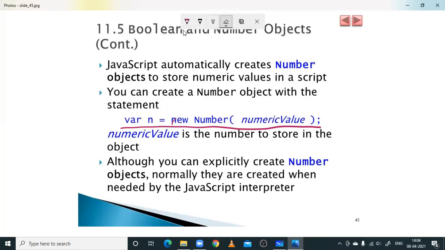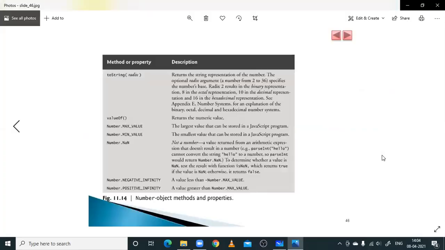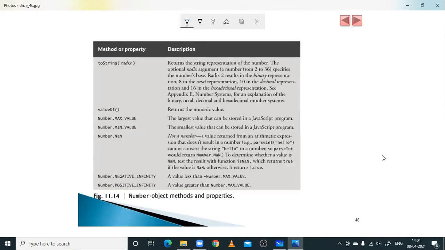Coming to the last slide. So what are all the methods which we have in the Number? It returns a string representation of a number. So if a number is represented as a string, to know the value, we will be using valueOf.